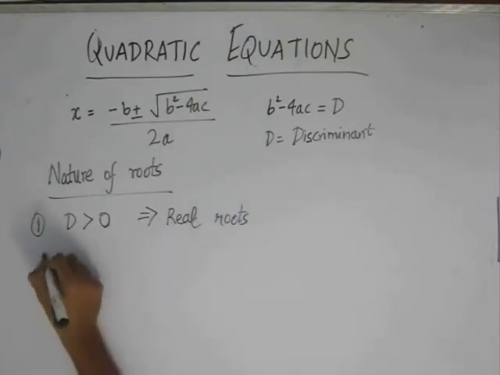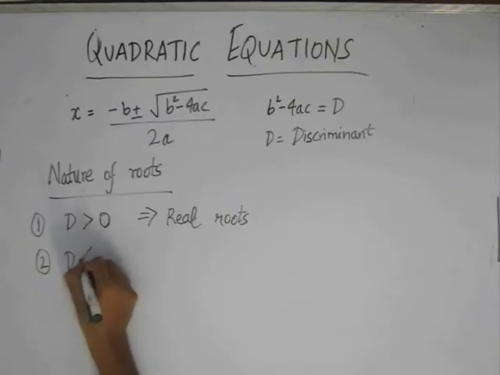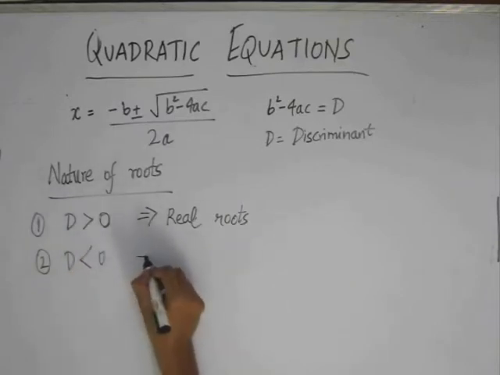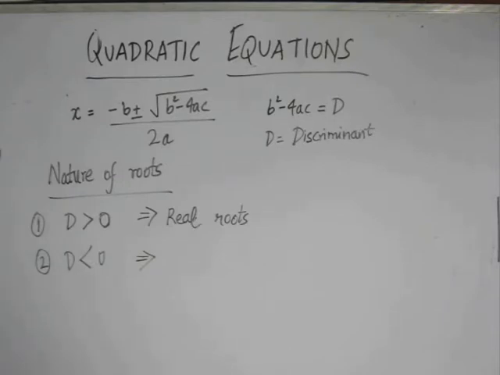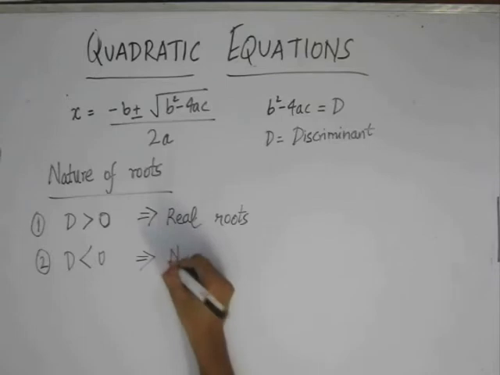Now suppose the discriminant is found to be negative, then what would happen? If the discriminant is less than 0, then this term b square minus 4ac under the square root will become negative. The square root of a negative number is not defined in the real number system, and we have to go to the system of complex numbers to define the values of x. So strictly speaking, there are no real roots for x in the given quadratic equation.